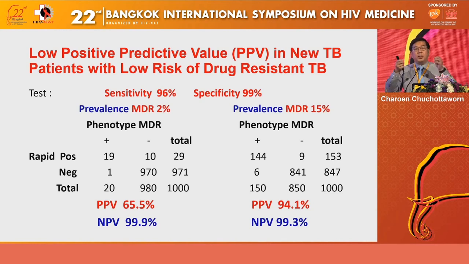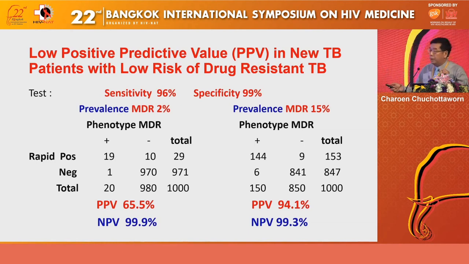But if you use the Xpert test in the general population, in every new TB patient, and if you have 2% MDR in the new TB patients, you get a positive predictive value of 65%. So it means that you have a false positive of one third. What does it mean? It means that the patient will be treated with a drug resistant regimen, which is very toxic to the patient. And if you have a high prevalence of MDR or a high risk group, you get a positive